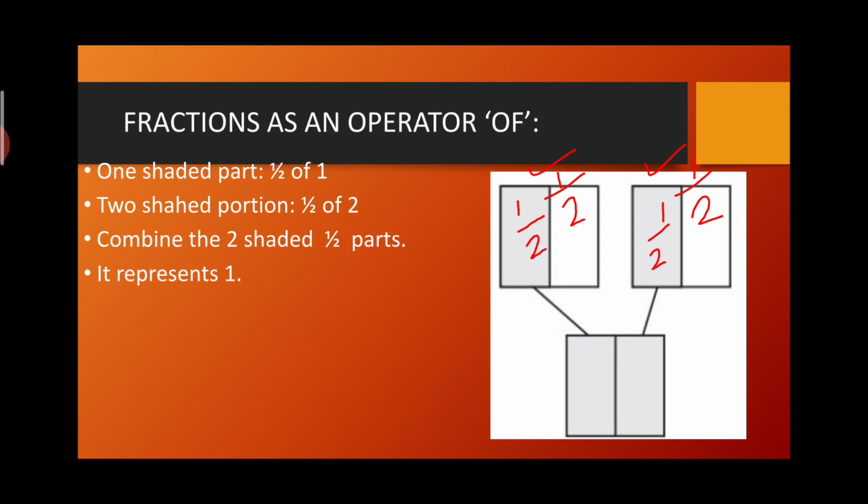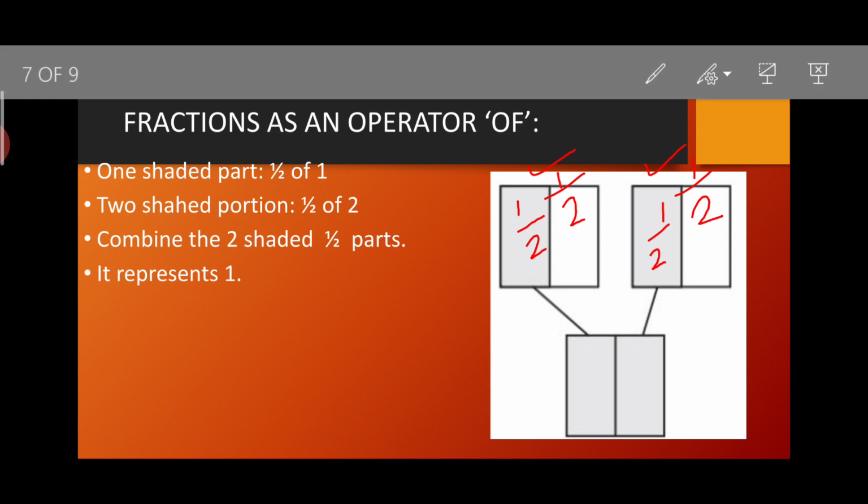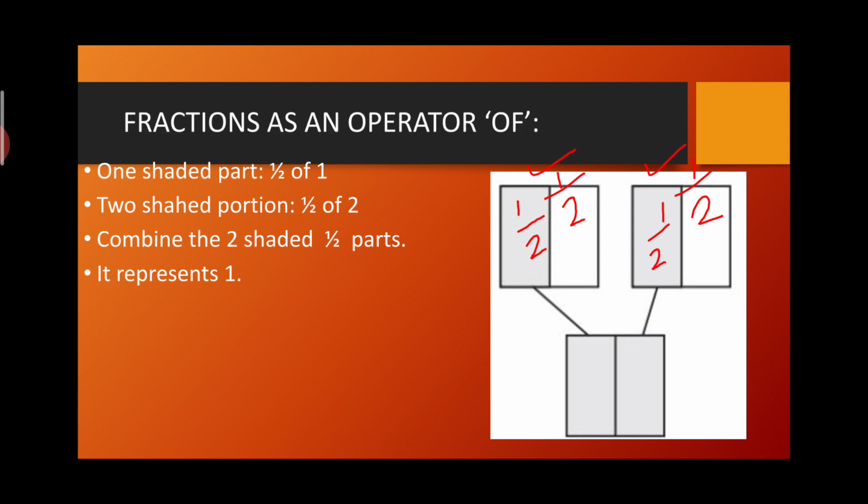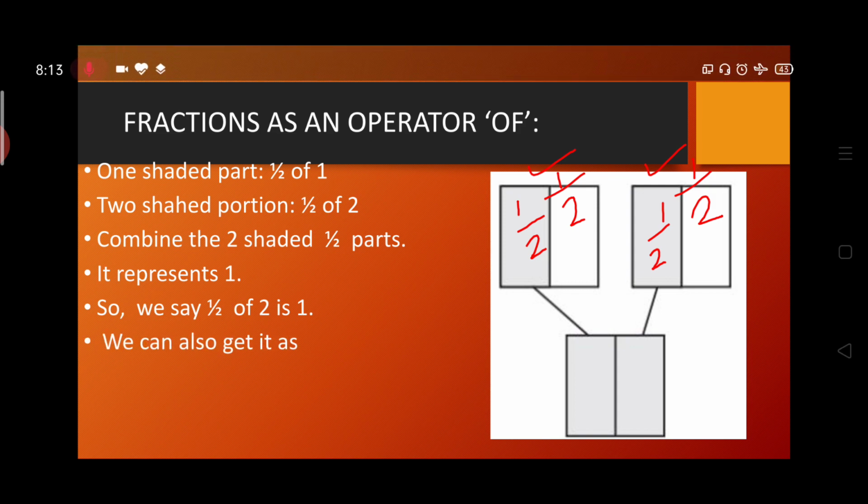So as you can see in the figure, half plus half combines 1. So the third picture in the figure is 1. It represents 1. So what we can write it as, we can write that half of 2 is 1. Half of 2 is 1 because you can see here,